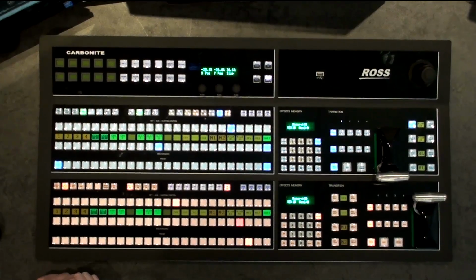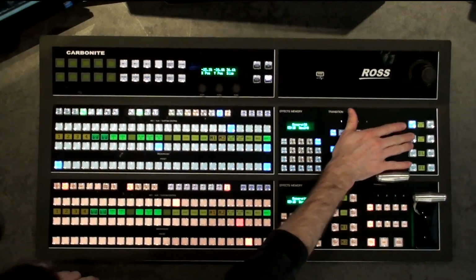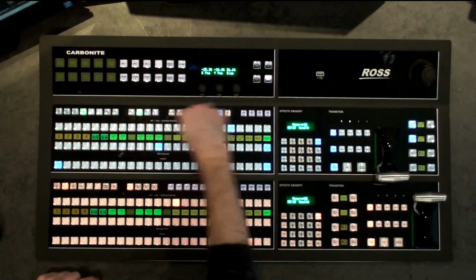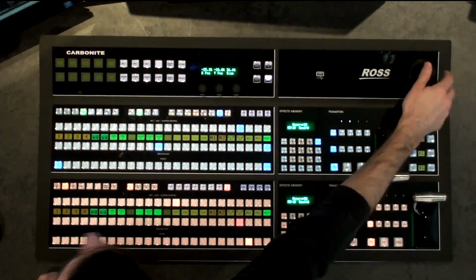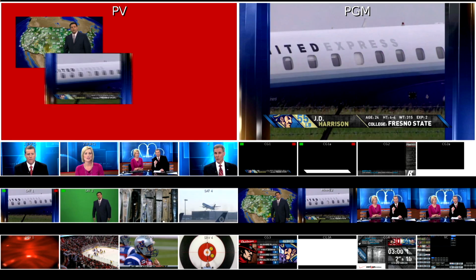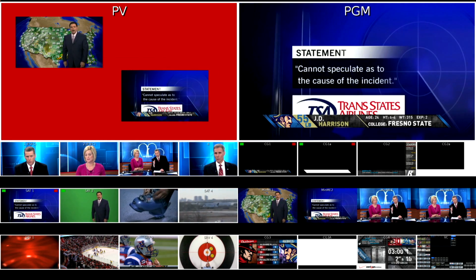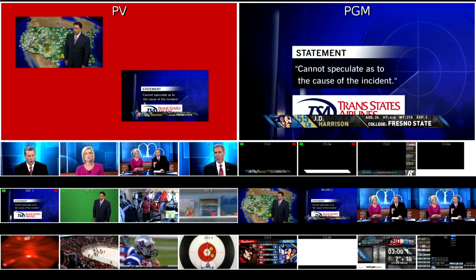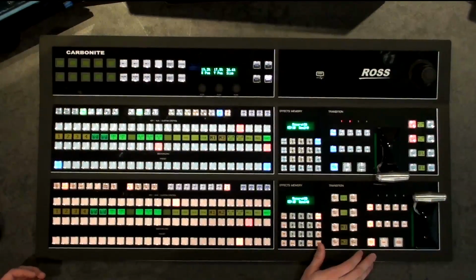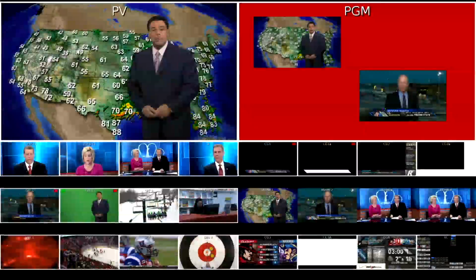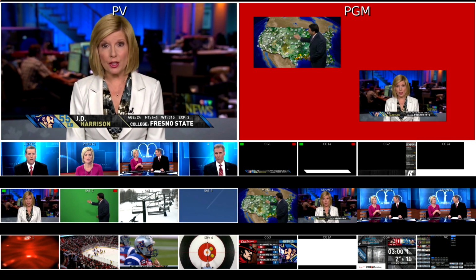So now we have the key in ME1, and I go ahead and cut that second one on air, change its source to be Mini-ME2, and of course it's on top because it's a higher layer keyer. So we're just going to go ahead and move that 2-box over to here. So now it's easy for me to cut to my 2-box, right? Put Mini-ME1 in preset. Now I can cut out to that chroma key, and then maybe we're going to go straight back from it to that, and then go to ME1, all in the 2-box.